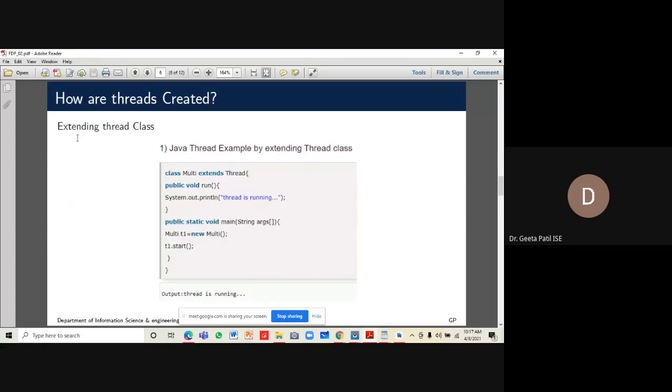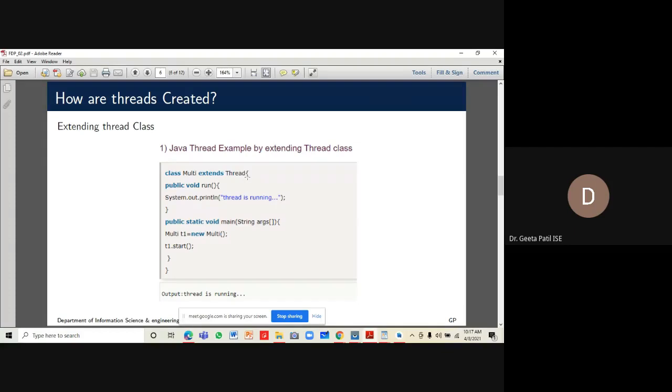So let's see both these ways of creating the thread using an example. The first method of creating the thread is by extending the thread class. We have a class here, class multi, in which we want to implement a run method of a thread. So we say class multi extends thread.